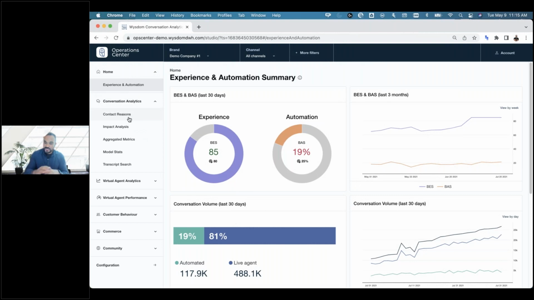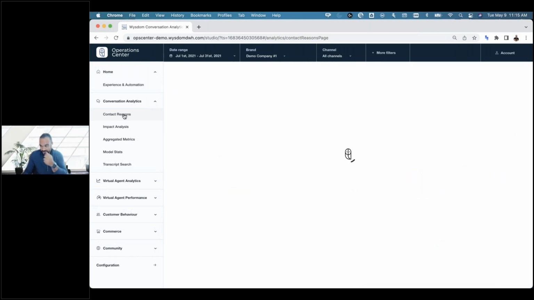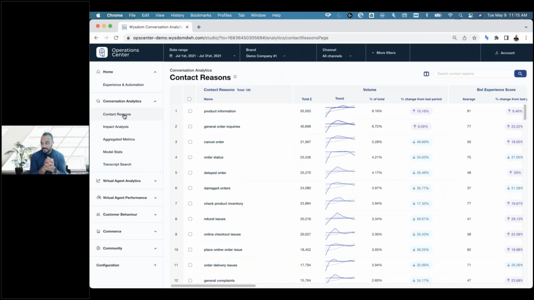I'm going to pop over here. So just introducing the tool specifically and what you're seeing, giving a little speed run, but then I'll get into some of the scenarios to help you find new intents. This is probably the most popular page within Operations Center. Every single one of my customers has asked us to switch their default to here because they want to know exactly right into the weeds of what's going on.